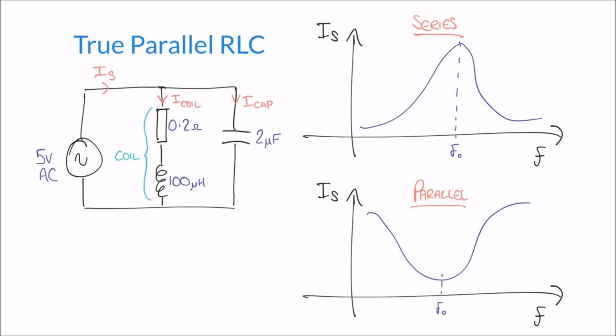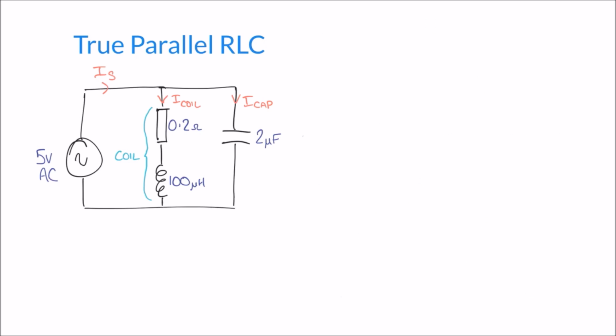This brings us on to our last little mention in this video, which is on the subject of Q factor. And again, if you missed our previous video on Q factor, it's worth going back to the series RLC videos where we talk about Q factor and what it means. But parallel circuits also have a Q factor, and so the last thing we're going to do in this video is calculate the Q factor for this particular circuit. Now, the formula to calculate Q factor in a true parallel RLC circuit is slightly different. In fact, there's a few alternative formulas that we can use, but the easiest one that we're going to use today